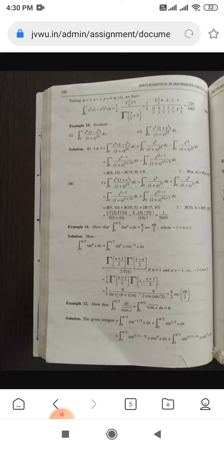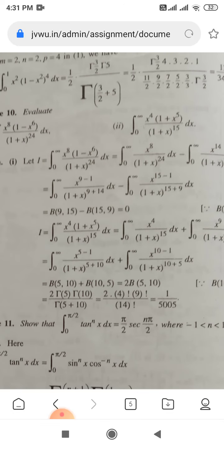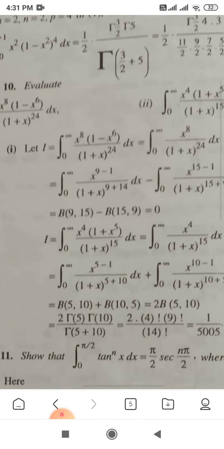Course program name is BSc B.Ed PCM 5th Sem. Course is Multivariate Calculus and Vector Differentiation, and the session of today is numerical problems on the beta function. So these are some problems in front of you.